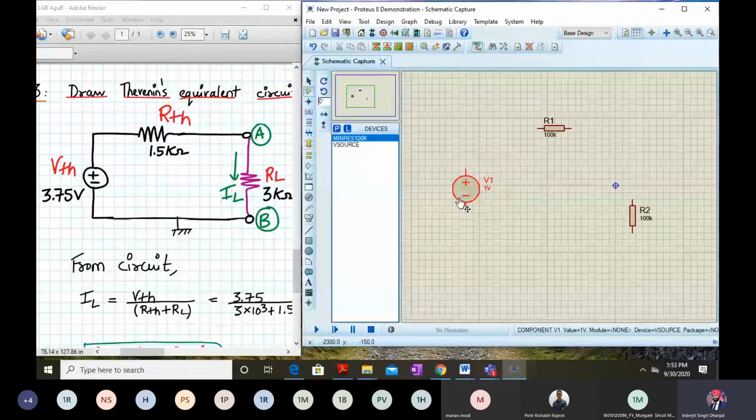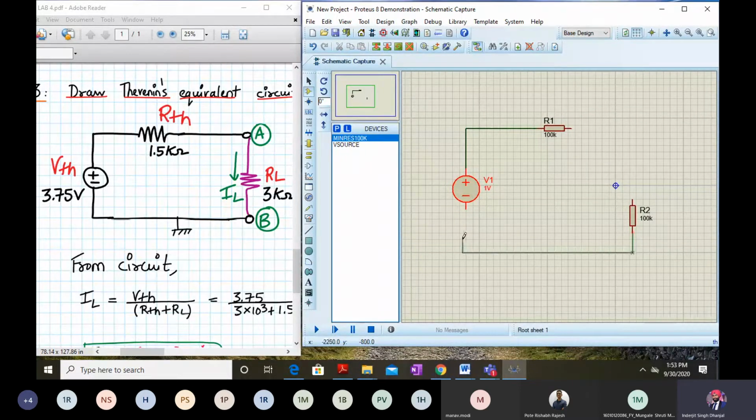In this simple circuit, I need to measure the value of IL and VL. So I have to join this circuit first. Okay, my circuit is ready now.